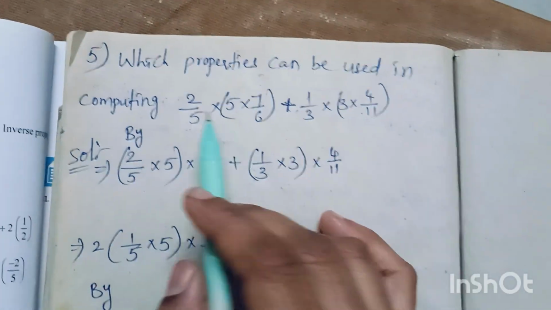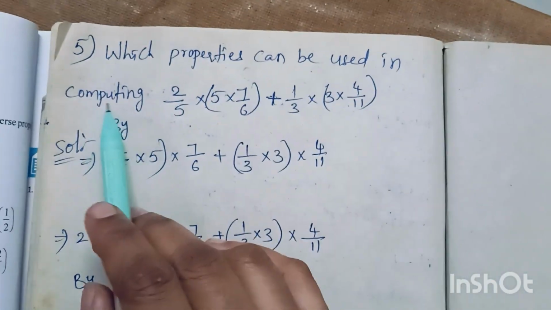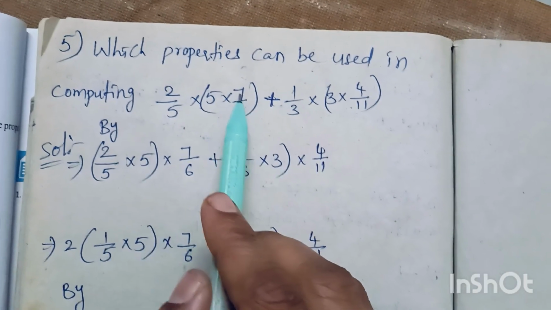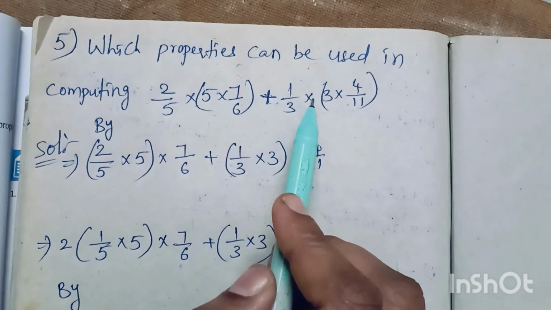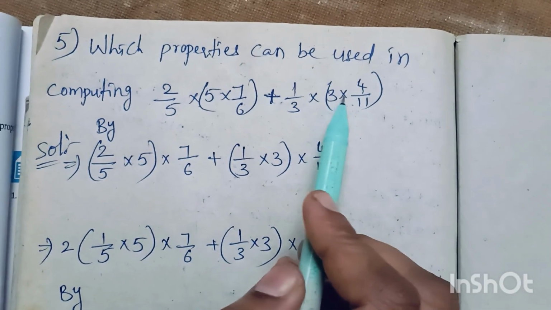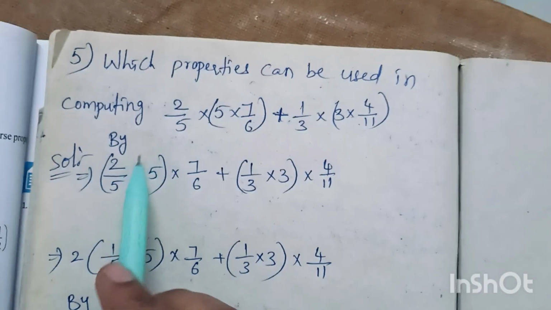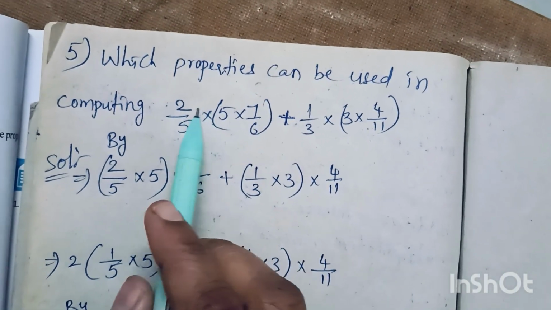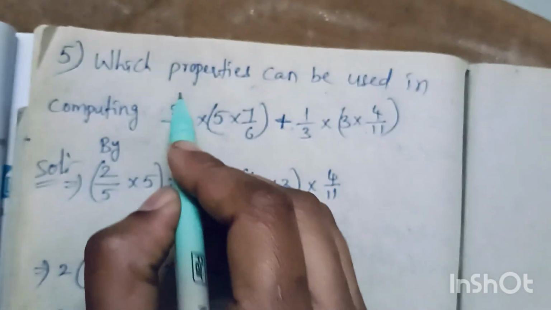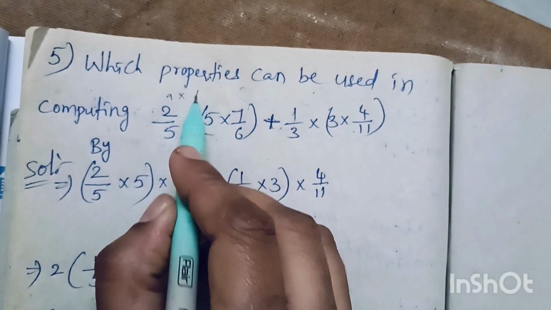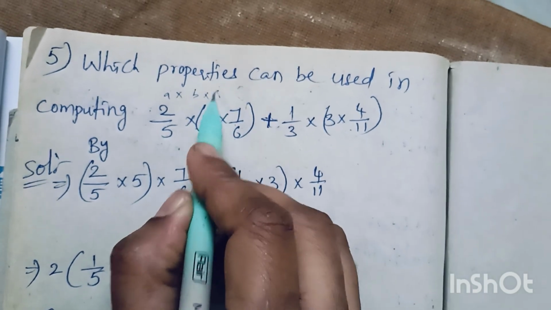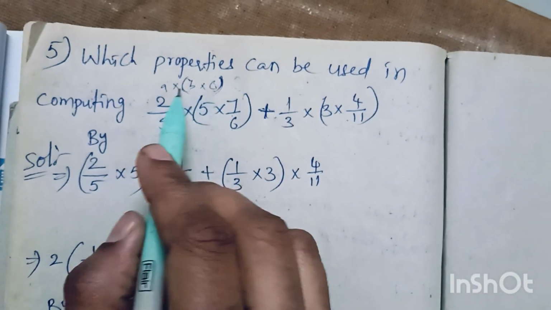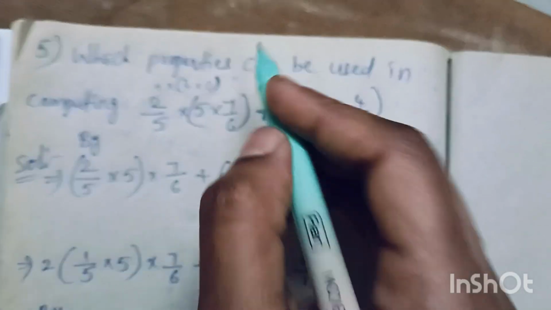Next, fifth sum. Which properties can be used in computing 2 by 5 into of 5 by 6, 5 into 7 by 6 plus 1 by 3 into of 3 into 4 by 11? So which property we can use, we have to write in this solution. Now if you observe here, 2 by 5, let A into 5 is B into 7 by 6 is C. So this is a bracket, in the bracket is there, no? So if you observe here, which property does this look like? That is an